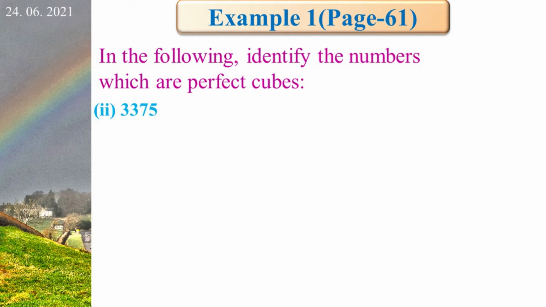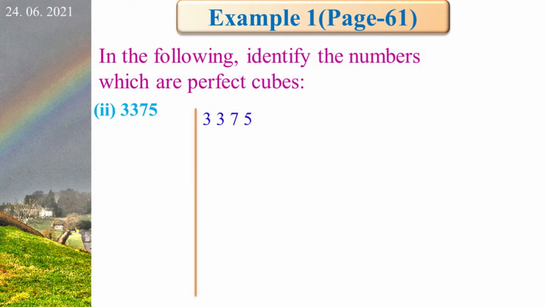Listen, if the prime factors of a number are grouped in triples of equal factors, then that number is called a perfect cube. In order to check whether a number is a perfect cube or not, we find its prime factors and group together triplets of the prime factors. If no factor is left out, then the number is a perfect cube. Otherwise, it is not a perfect cube. Okay. Now, we write